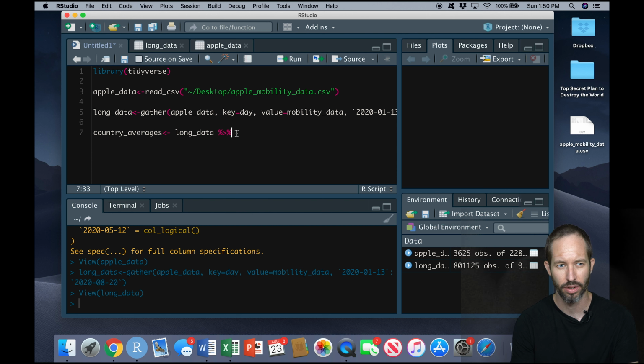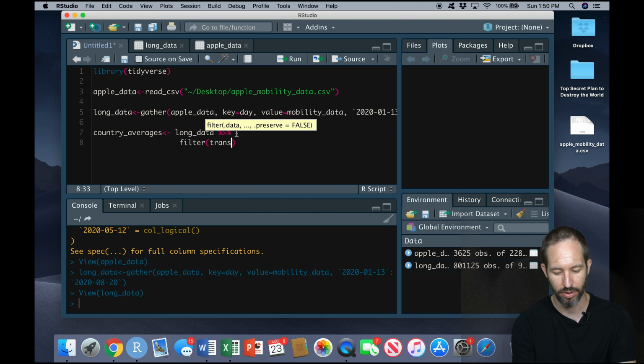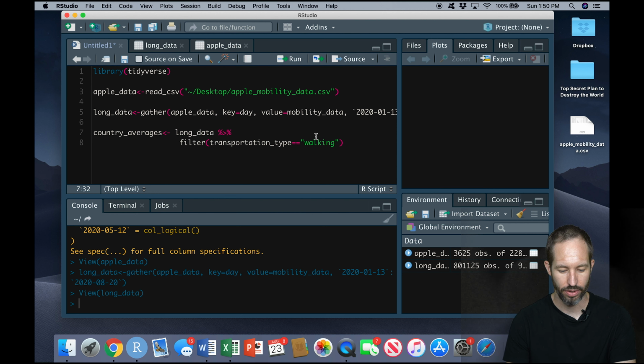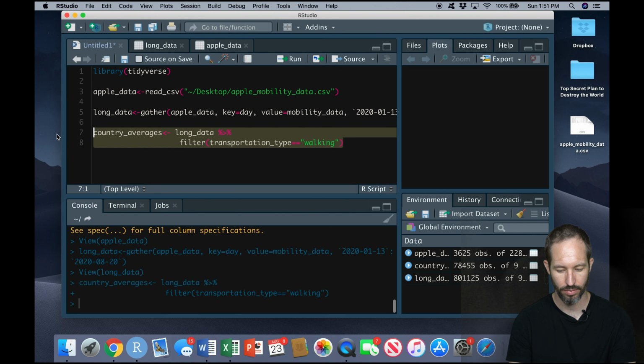And in the next line, let's say we only want to look at walking data in this example. So I'm going to put a filter here. And instead of having to write out the name of the data set, long_data, I can just specify how I want to subset the data or break it into a smaller part. We only want to look at walking. Remember, I need 2 equal signs there. So basically, if I run this, you can see we've created this new country average